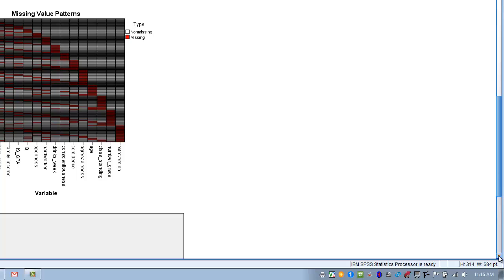Now this is displayed to allow us a chance to examine whether or not there is some pattern to the missing data. So each row represents a certain pattern, in other words, a group of cases with the same pattern of missing values. In other words, the patterns or groups of cases are displayed based upon where the missing values are located relative to each variable. So the variables along the bottom, or the x-axis, are ordered by the amount of missing values